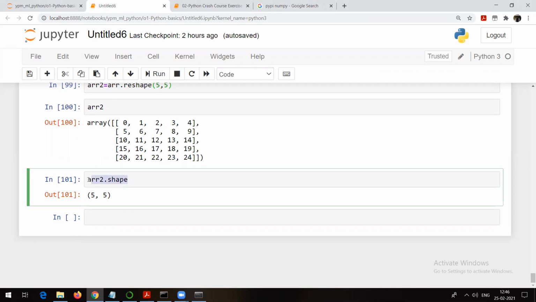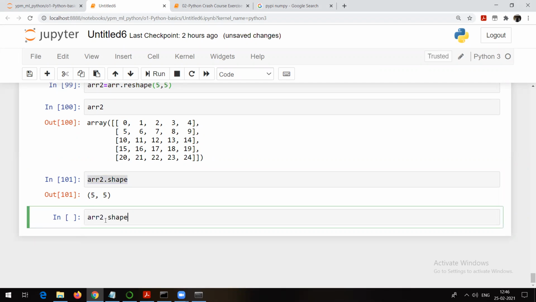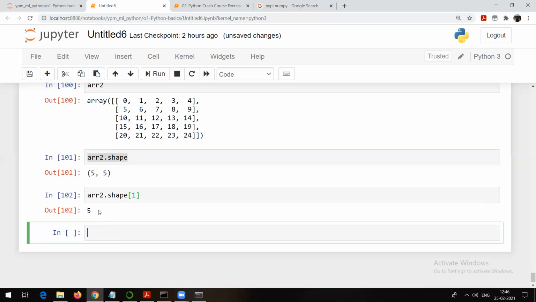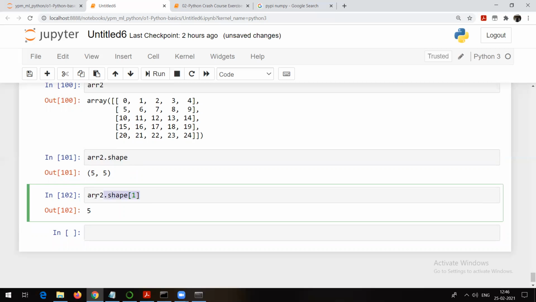For that, just put square brackets and put a 1 here. It is going to give you the number of columns. Anyway, in this case the number of rows and columns are the same. But this is how you can index. You can take the number of columns because we are going to require this many times. I hope everyone is getting all these things.